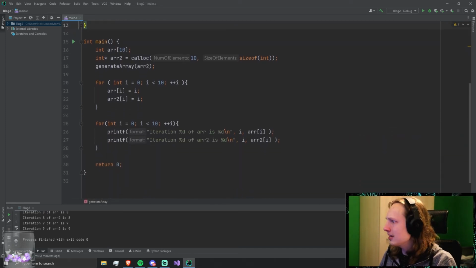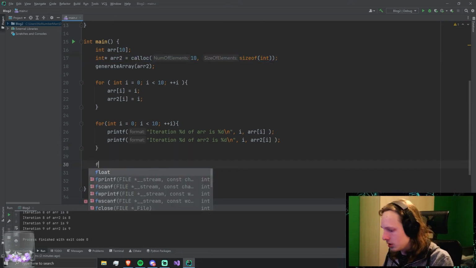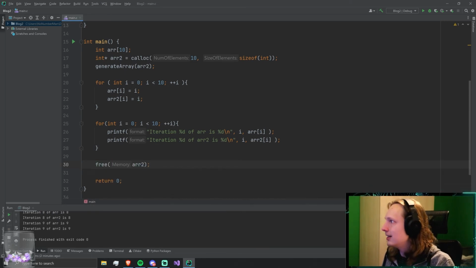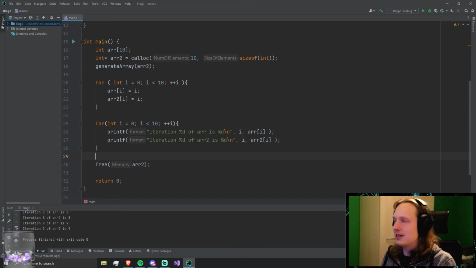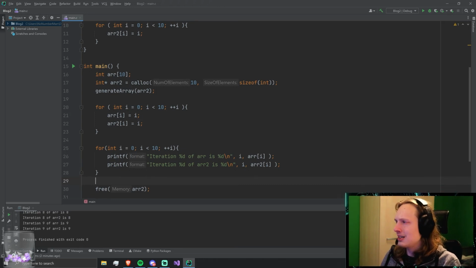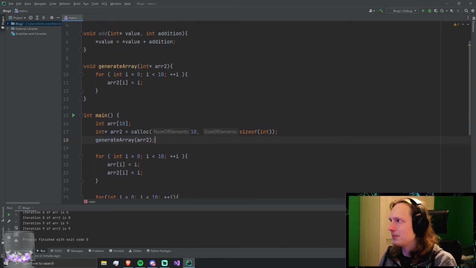Right, but now you see that we can, again, create our memory in the same function that we use it, and then that means that we can free it at the end, and then we will not forget. If you generate some memory in a function and you pass that memory to someone else, it's a little bit dangerous, because you don't really know if that someone else, even if that's you, is going to remember that it has to manage this memory now. It can be a little bit confusing. And you can maybe forget.